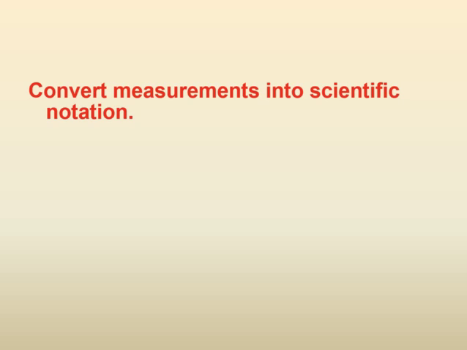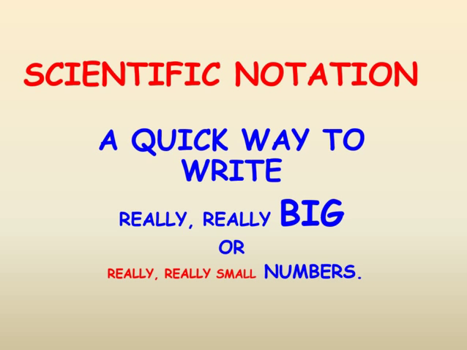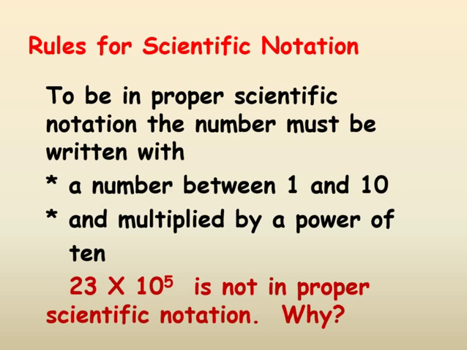We need to be able to convert measurements into scientific notation. What is scientific notation? It's simply a quick way to write really, really big numbers or really, really small numbers. So the different rules for scientific notation, you need to be able to put that number